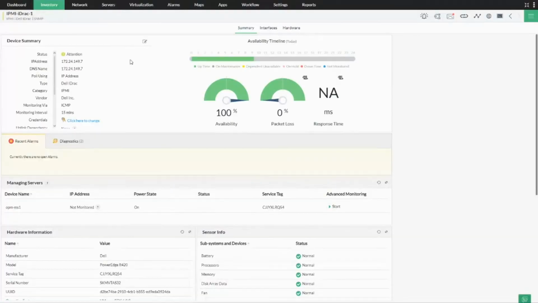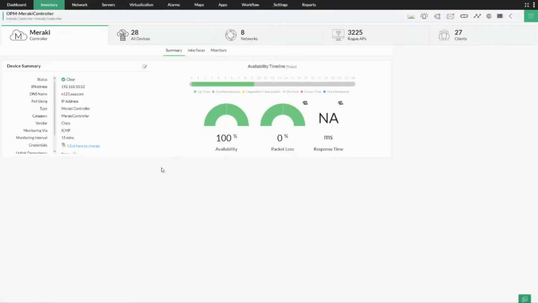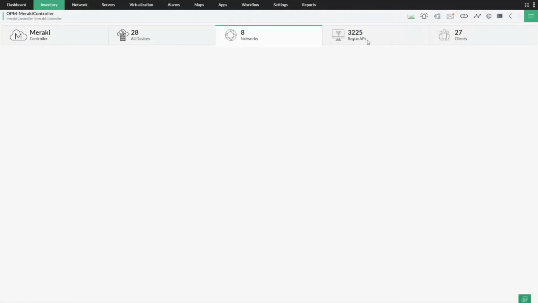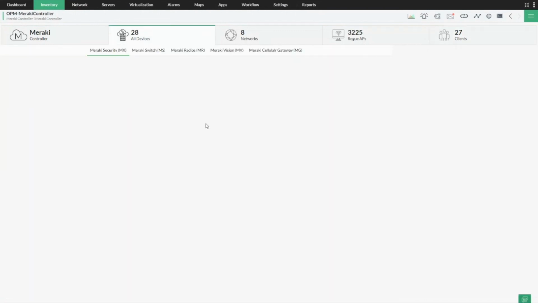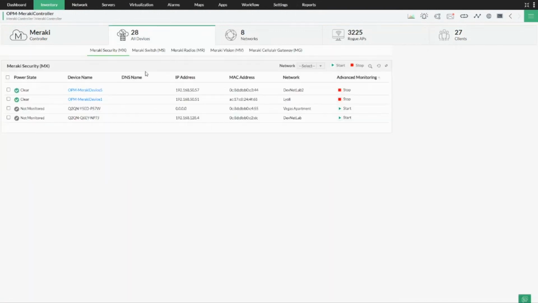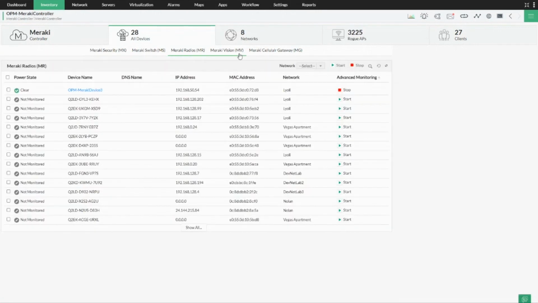monitoring using OpManager. So, for example, as soon as you add one of your Meraki devices to OpManager, this is how the information is going to be visible under the Meraki devices. For example, I am going to show you this Cisco Meraki, which I am monitoring in my setup, where you can see all the devices which are under them, along with the network status, the rogue access points, the clients which are associated to this Cisco Meraki, and various other information based on exact particular metrics which I want to monitor and take it forward accordingly.